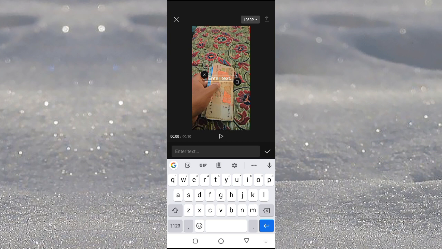Okay, so once you are in the text editor, you can start adding your text. You can choose the font and size and color of your text, and you can also add animation effects to make your text look more dynamic. So first we will add some text here. I will add, like, hello world here. So this is the text that I added, and after adding your text you need to tap on this tick